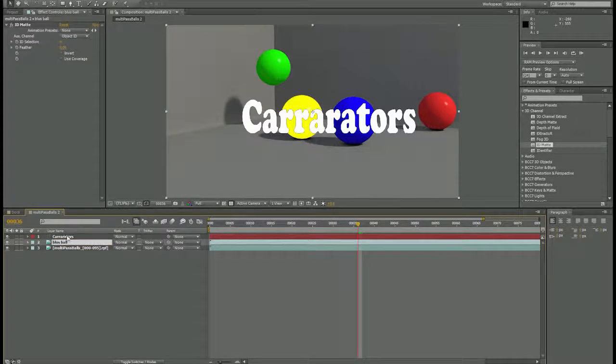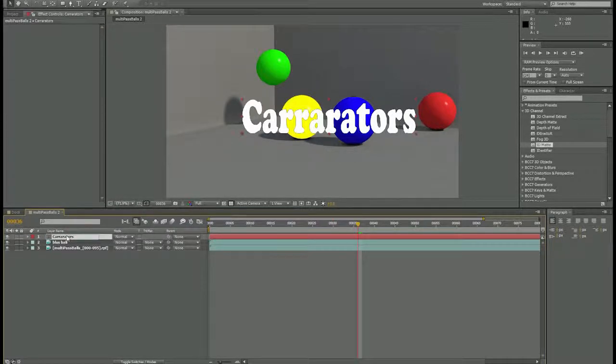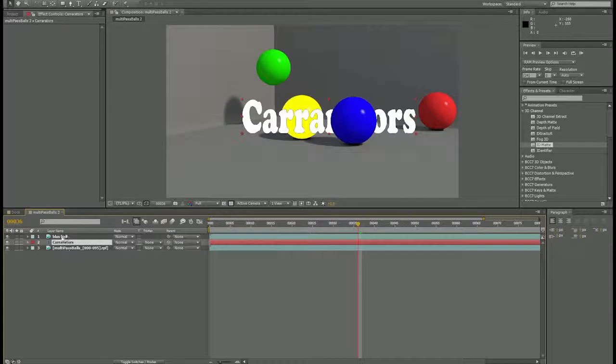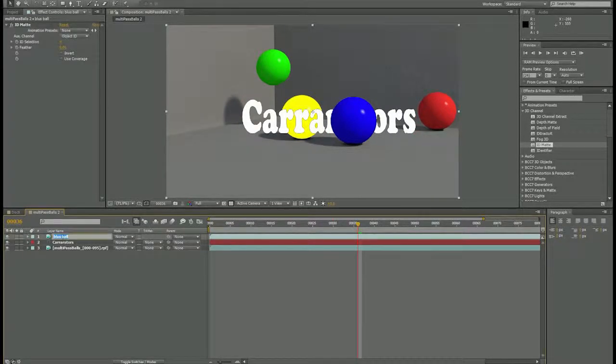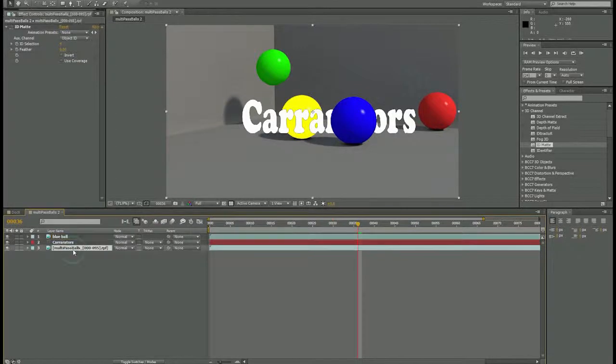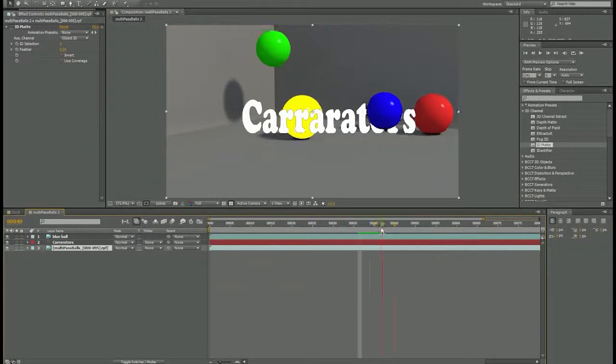I'm now going to reorder the layers. So I'm going to take that text layer and put it underneath, and go back and make sure I know how to spell blue. Okay, and notice immediately the Carrara text went right behind the blue ball,